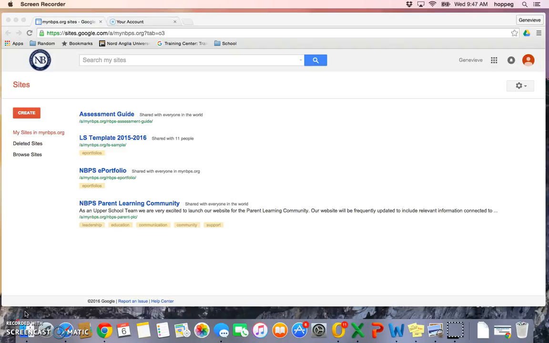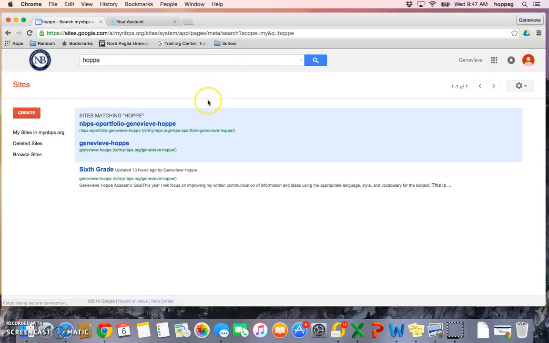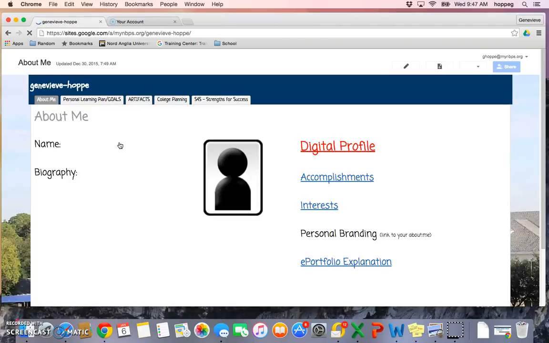To start with, we want to go to Google Sites. On your account, make sure that you're logged into your North Broward account and go to Google Sites. And then search your last name to find your specific Google site. Once you've opened up your Google site, you'll see the tab at the top that's titled the Personal Learning Plan